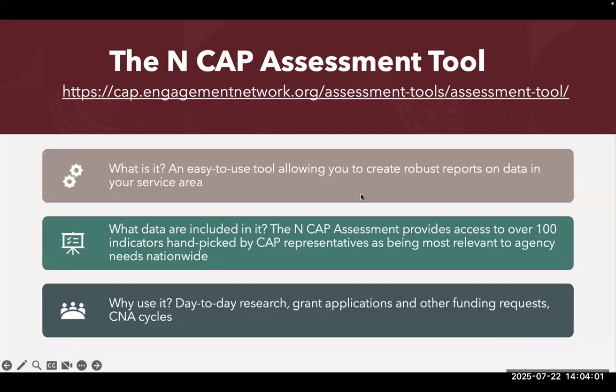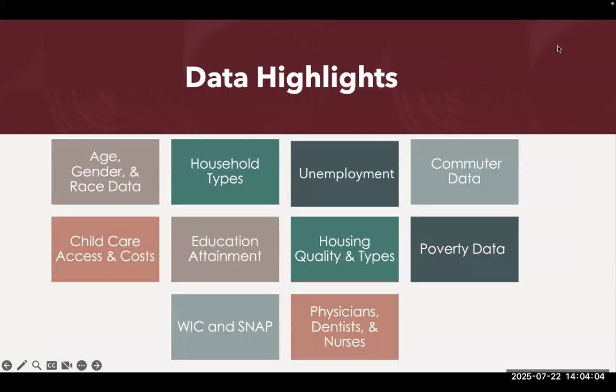And with that, I also want to draw our attention really quickly to some of the key data categories that are going to be covered in this report. So we have, of course, age, gender, and race.